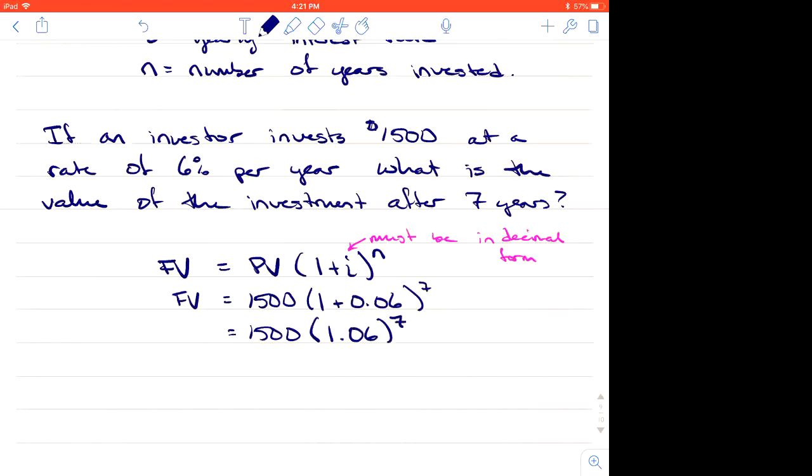And then we do 1.06 to the power of 7. Leaving the 1,500. And so do you guys remember how to do 1.06 to the power of 7? So you get 1.06 on your screen, and then hit the Y to the X button. It's kind of between your division and your multiplication. Right? And so Y to the X and then to the power of 7 equals